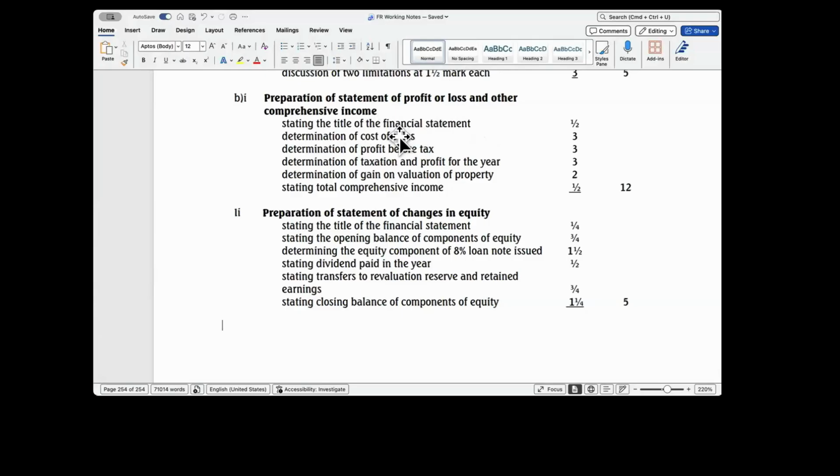Determining the cost of sales is 3 marks. Determining PBT is 3 marks. Determining taxation and profit for the year is 3 marks. Determining gain on revaluation surplus is 2. Stating the total comprehensive income is half. So determining means that the examiner is going to go all the way, check your workings, and mark